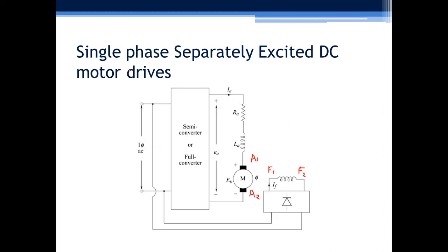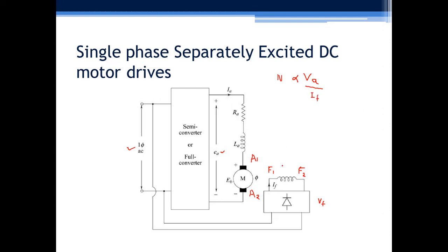So here in single phase separately excited DC motor drive, our input is single phase AC supply. It is to be converted into DC voltage for armature side voltage EA, and we have one more voltage required on field side, VF. As we know, in order to control the speed of this motor, we must know the equations of speed. We derived few equations, and we understood that the speed of separately excited DC motor is proportional to the armature voltage VA and is inversely proportional to the flux phi F or field current IF.